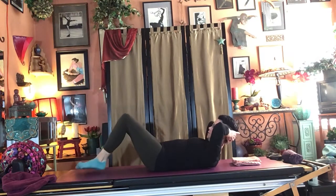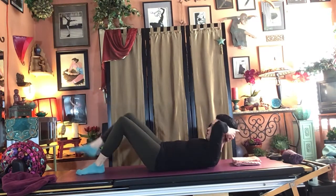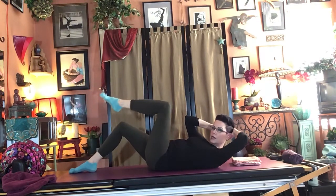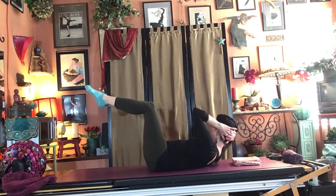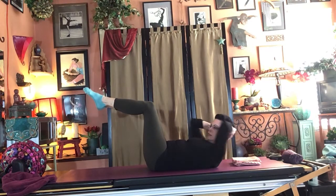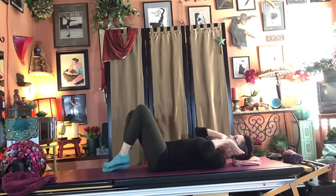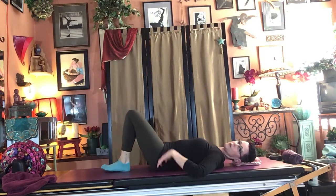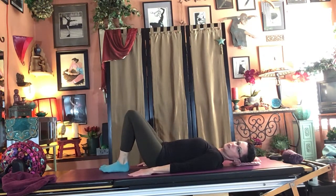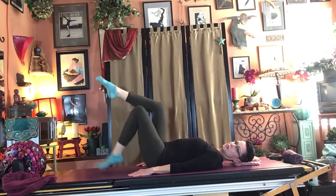If you need to modify, you can do the one leg lift and twist toward that lifted leg, or both legs tabletop and just twist side to side like we did in our warm-up for the ab curl with rotation. All right, so those are your options for modifications. I'm going to do the regular versions. I won't be cueing you to do those modifications. That's up to you. All right, so let's start by lifting each leg one at a time to tabletop, hands